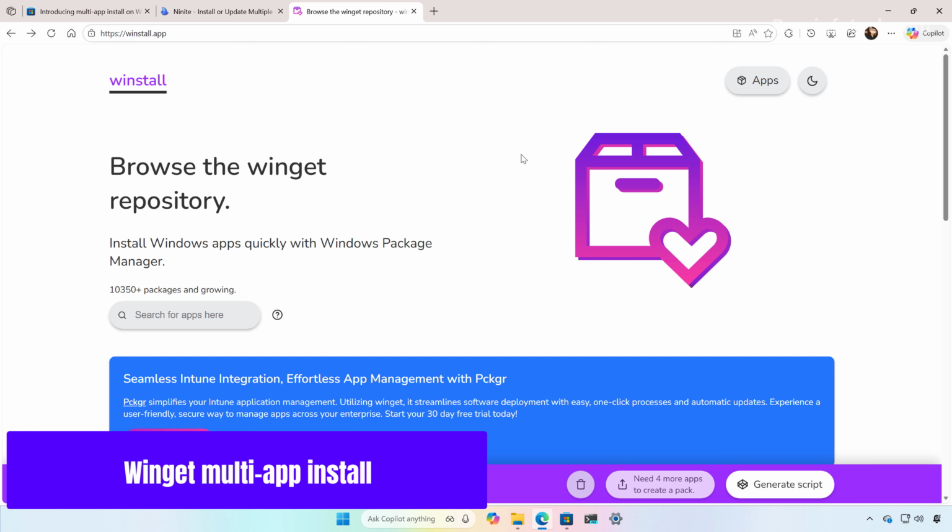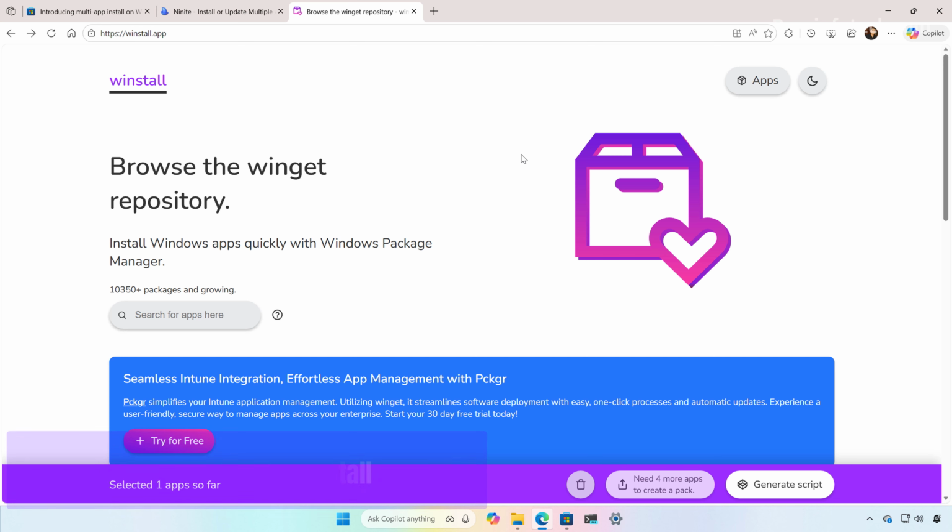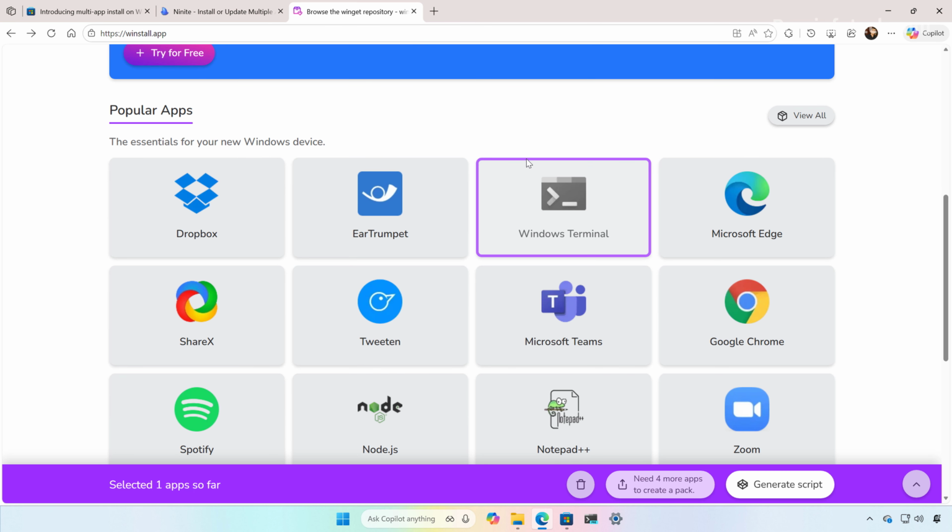Now, it is important to note that the multi-app install from the Microsoft Store is not the only way to bulk install apps on your computer. We also have the Windows Package Manager. However, this is a command line tool which requires a little bit of knowledge on how to use the command line on Windows. However, we can also use third-party tools such as WinInstall